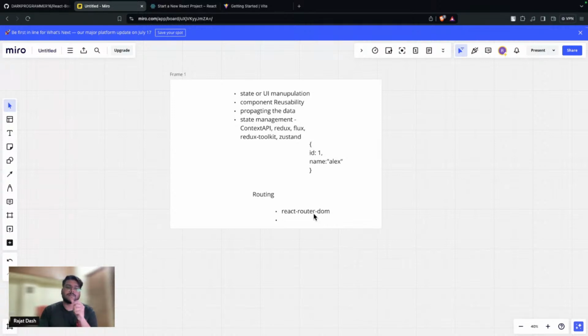React Router DOM is a package which we will be using in our further sessions to create multiple pages in this React application. Okay. So this React Router DOM helps us create routes to different pages. So majorly, we will be covering these topics in the entire bootcamp and in further sessions.